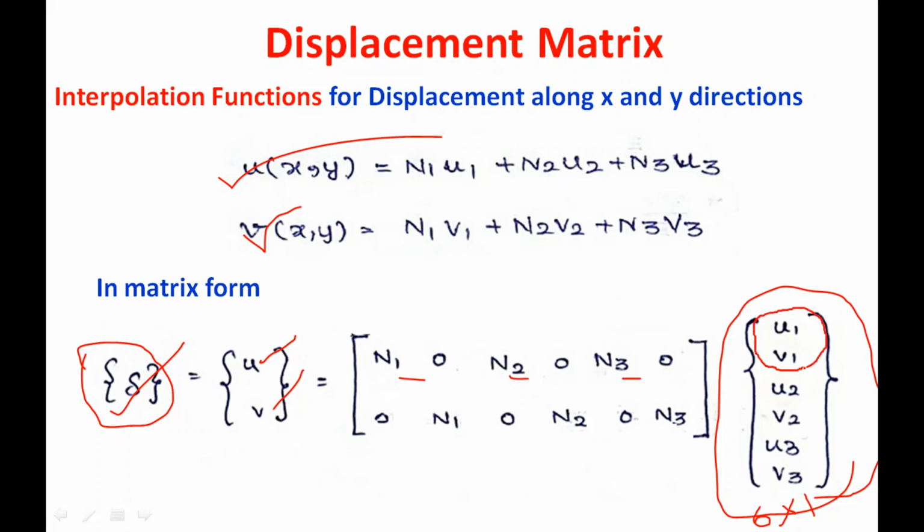First we have to know the degree of freedom: first node u1 v1, degree of freedom for the second node u2 v2, degree of freedom for the third node. So you have to remember always the u matrix here is written like this, 6 by 1 size. Accordingly we are writing this matrix. So this matrix will be 2 by 6. Then only we will get matrix u and v. So now after knowing this displacement matrix, we are going to define the strains. Based on that strain we can establish the strain displacement relationship. Let us see.